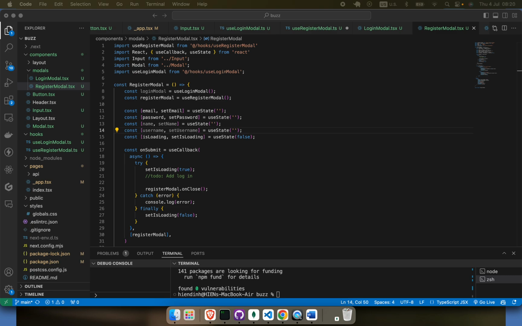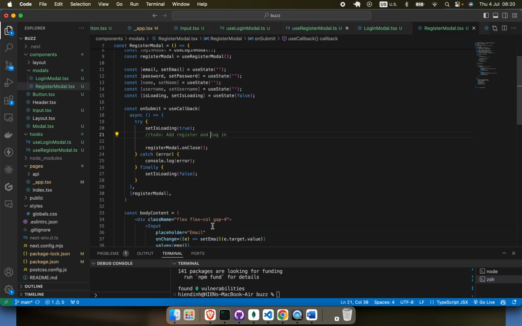So instead of closing the login model, we're going to close the register model. And we can change the comment to do register and login. All right. And now let's just change our body content a little bit. So we're going to have an email, but before we set our password, we're going to create an input for our name. And here you want to change set name